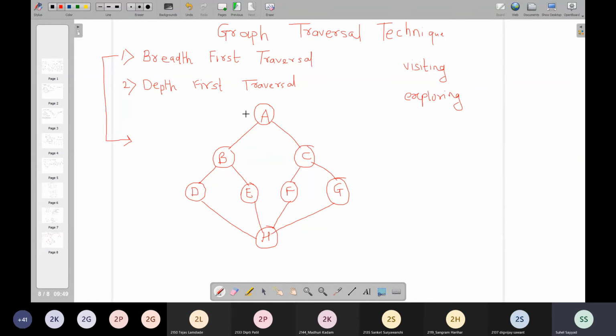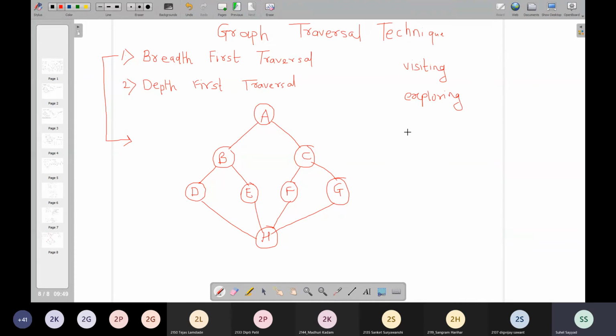So we have to start from somewhere. Now this starting vertex will be given to you. So if I say that A is the starting vertex, will A be the starting vertex every time? No. Here I don't have a concept like root. This is a graph. Any vertex can be treated as the starting vertex. So if the starting vertex is given in the problem, it is okay. If it is not given, you can make an assumption. You can write, assume A as the starting vertex, and solve. So here consider that A is your starting vertex.